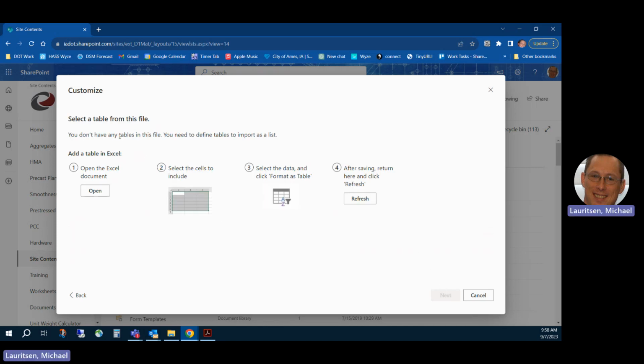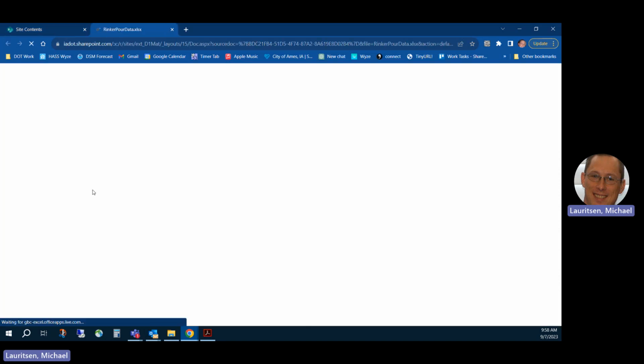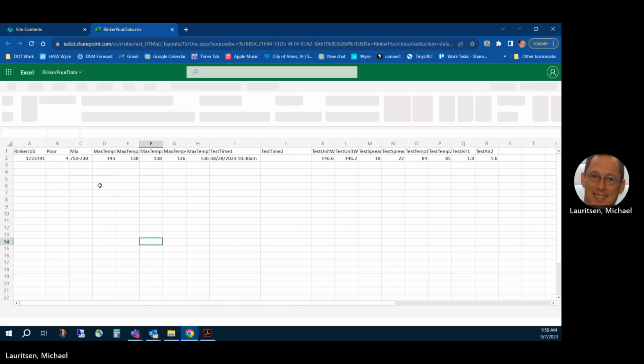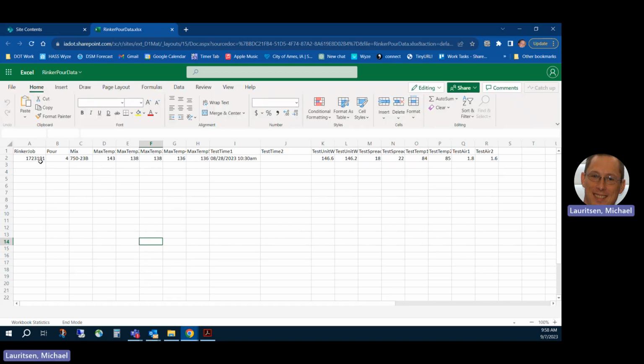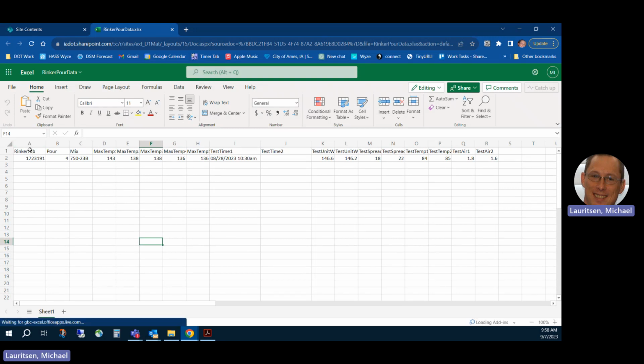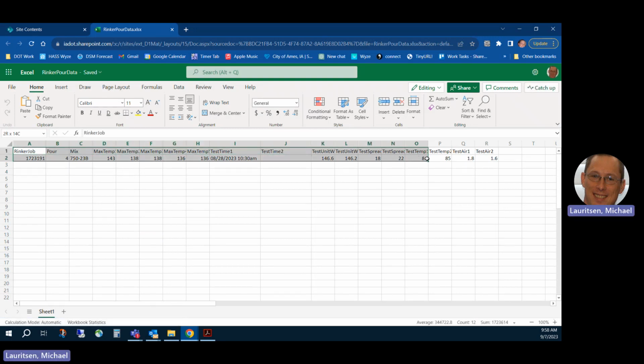Oh, you don't have any tables in this file, is the error that I'm getting. It says how to fix it: open the Excel document, select the cells to include, format it as a table, and after saving here, hit refresh. It even gives me an open button. So let's see if that actually works. It does. So here I have columns A through R that contain all the data that I want here, and